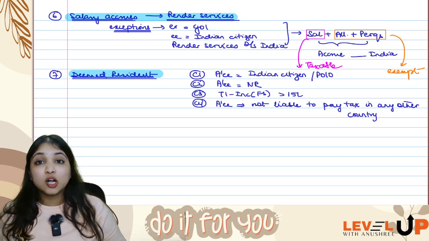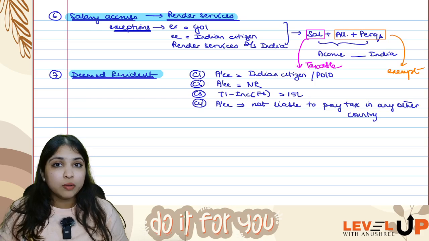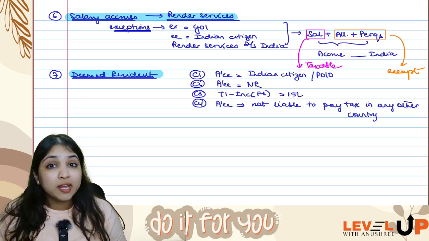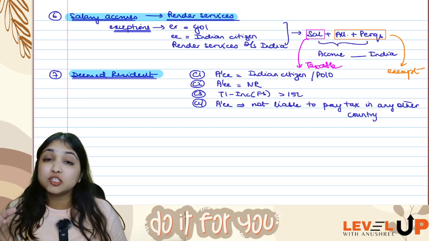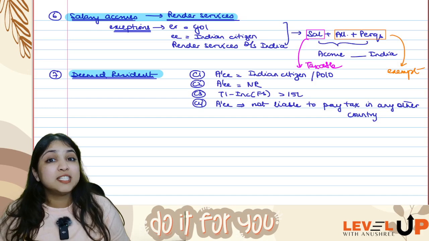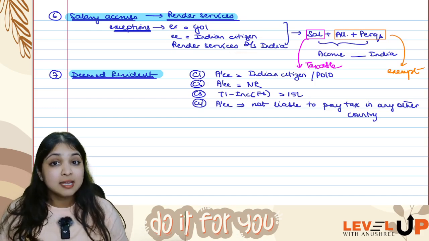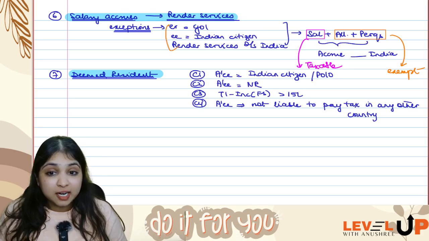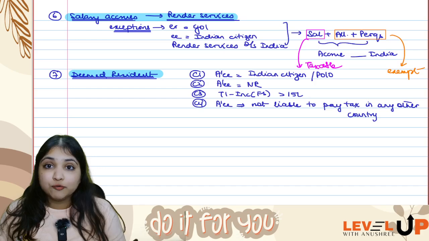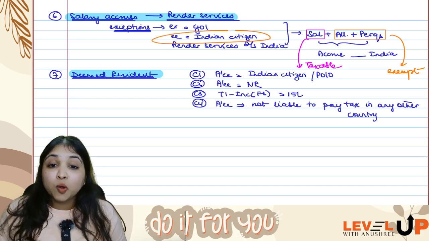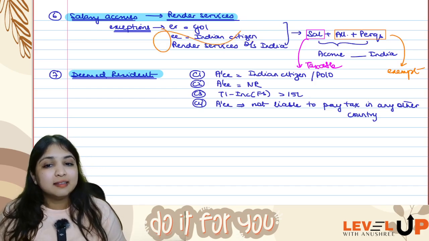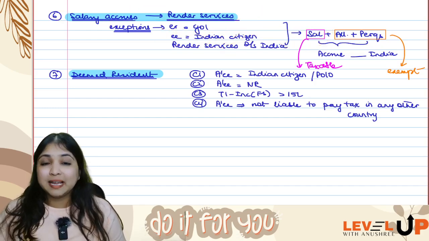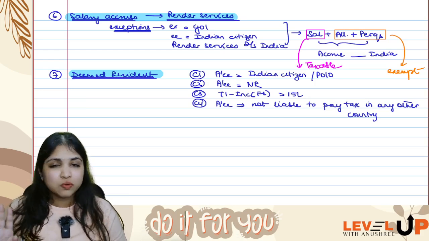So generally, salary accrues in the place where you render services. But however, there are 3 conditions because of which an exception will apply. Employer has to be Government of India. Employee has to be an Indian citizen. Even though services are rendered outside India, in this case, still salary will be deemed to accrue or arise in India. Out of these 3 conditions, if even one condition is not fulfilled, like for example, if the employee is not an Indian citizen, then this exception will not apply. If exception doesn't apply, the general rule will apply, that is salary accrues wherever you render services.